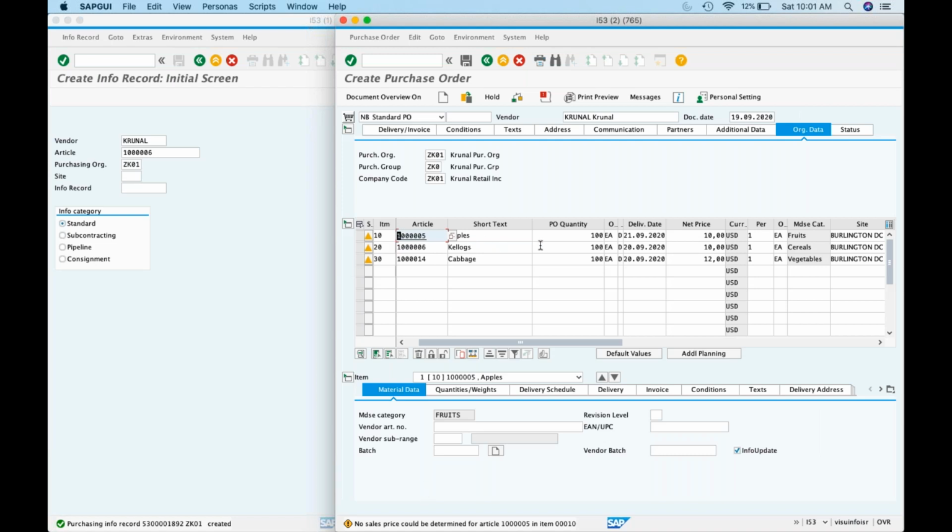Now, if you see, this is all 1 day, but this brings 2 days because plant delivery time we maintain for 2 days. That's why it's bringing us 2 days. Okay.